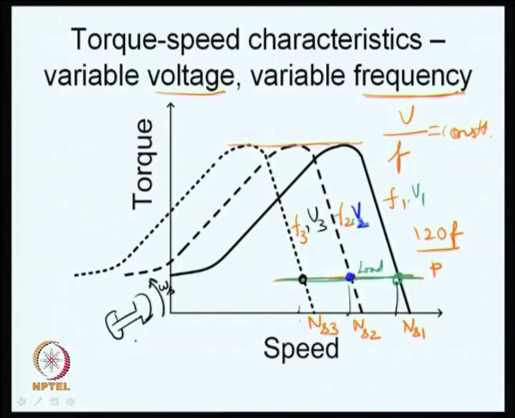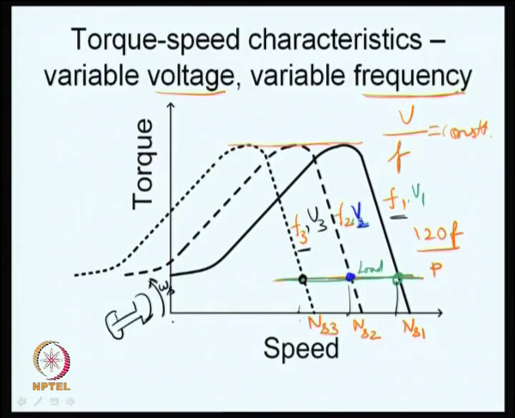It is an induction motor which will typically run at 1500 rpm, something close to 1500 rpm. Now, I want it to run at a speed close to 750 rpm. What should I do? I must reduce the speed of this revolving magnetic field by roughly 50%. How can I do that? I can very easily do that by reducing the frequency to 50% of its rated value. Instead of applying 50 hertz, I can apply 25 hertz now.